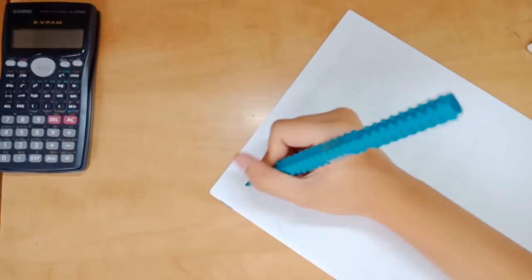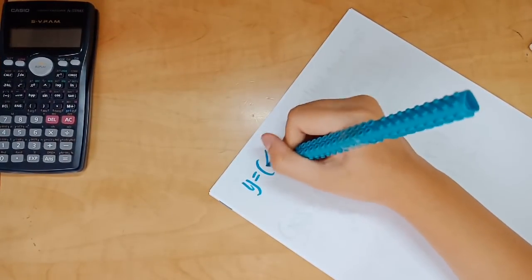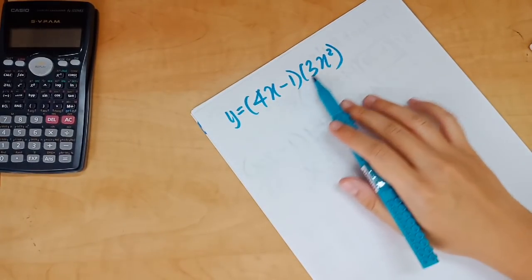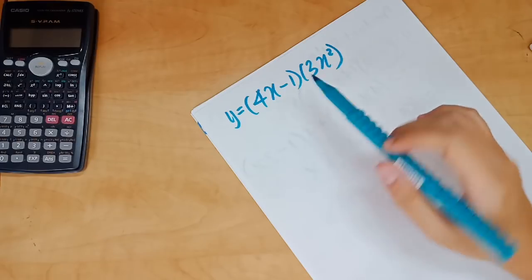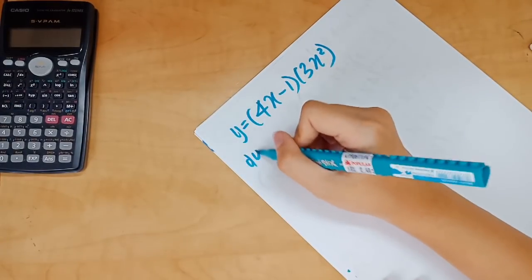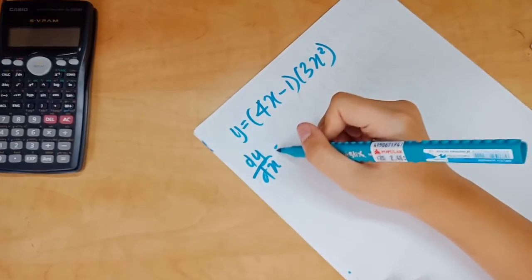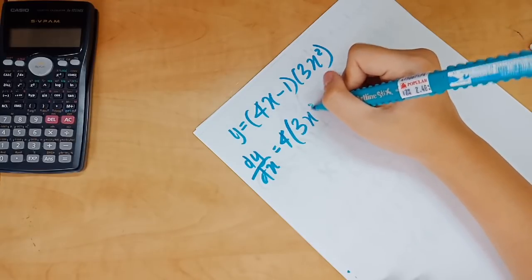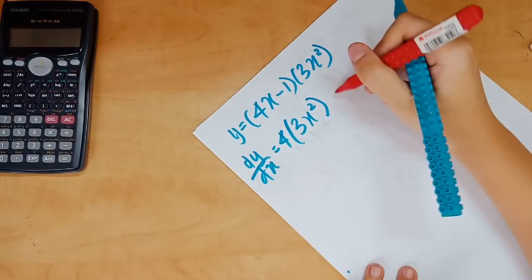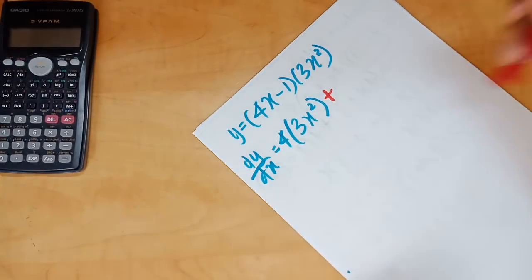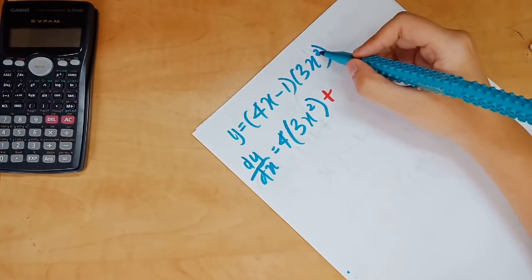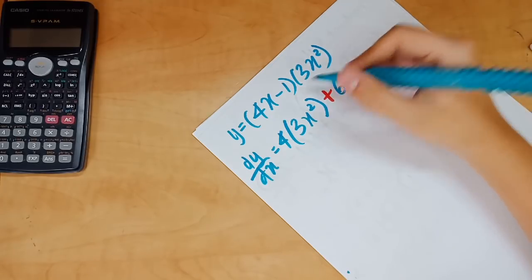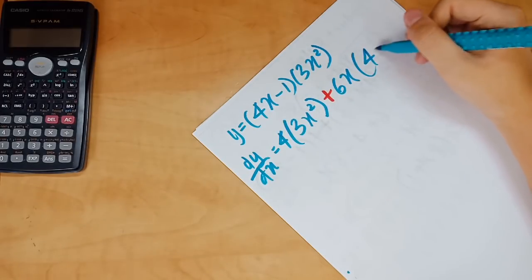I'll give you another example of the product rule so you get a better idea. So you can also apply product rule to this. What you do is you have to differentiate one by one as usual. So differentiate these first. You will get 4 and bracket 3x squared. And remember that it's a plus sign in the middle, so you write this. And now you differentiate the second term here. When you differentiate 3 times x, 3 times 2, you get 6x, and copy back the thing in front,